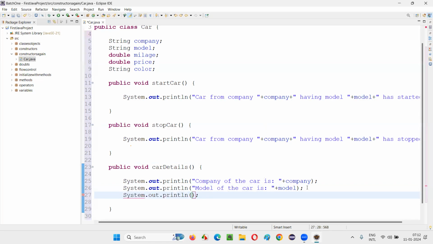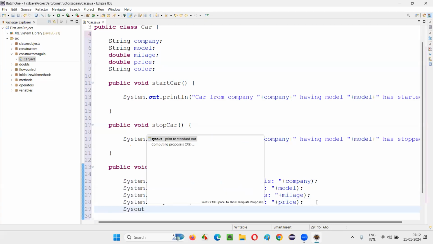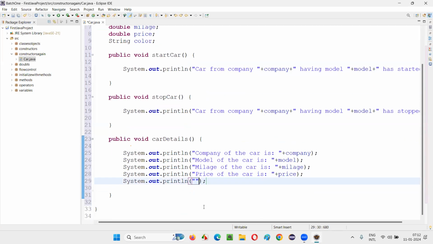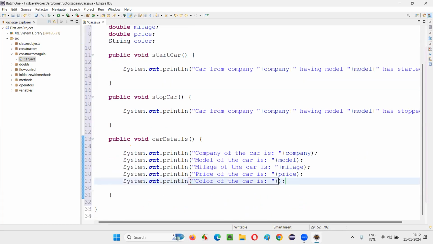Then System.out.println "mileage of the car is" plus mileage. System.out.println "price of the car is" plus price. System.out.println "color of the car is" plus color. Like this I created, and that's fine.